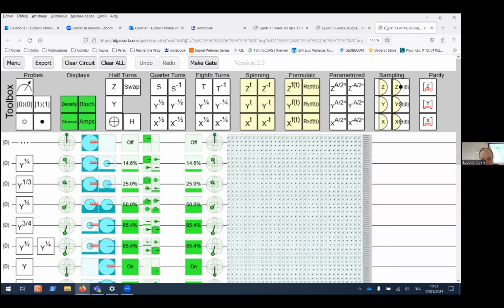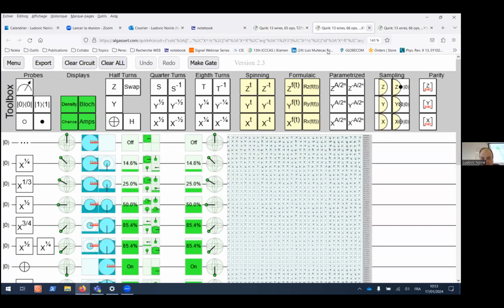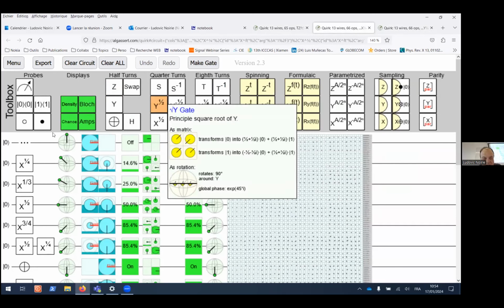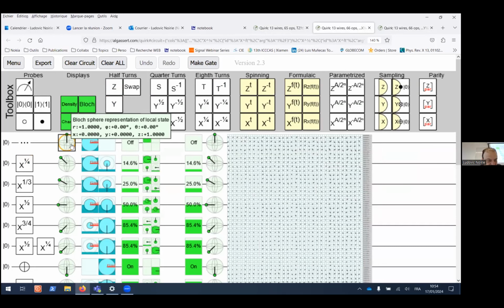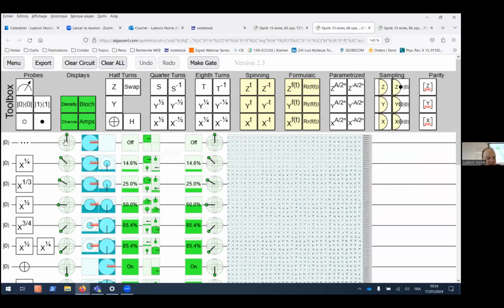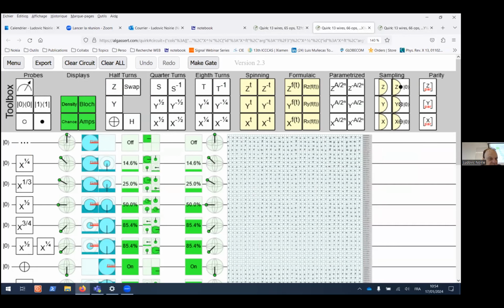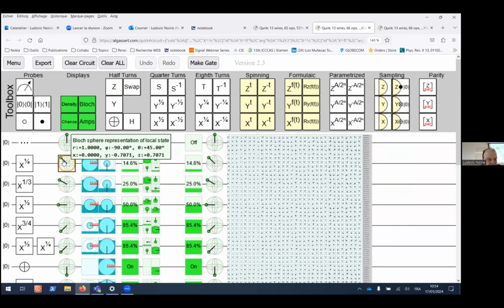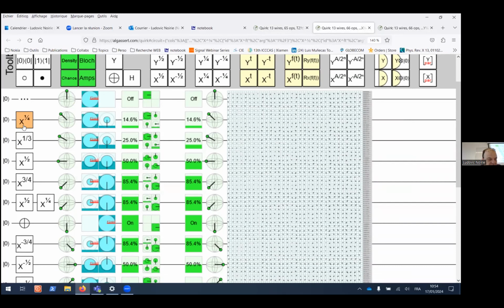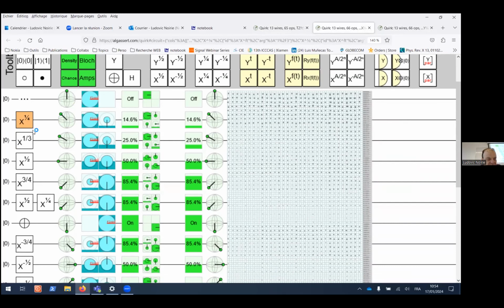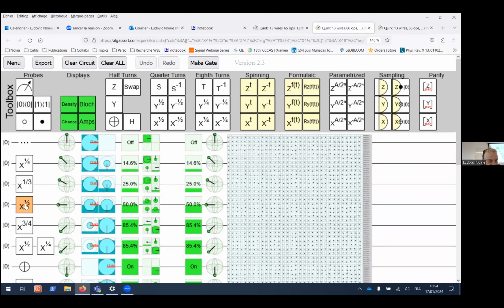So here I will first start with the rotation according to the X axis. You see that if we do not apply anything, 0 is kept as 0. But when we apply a portion of rotation with some angles, for example, X to the 1/2,